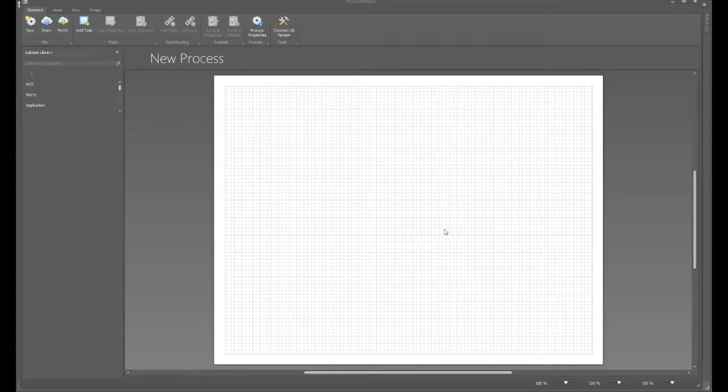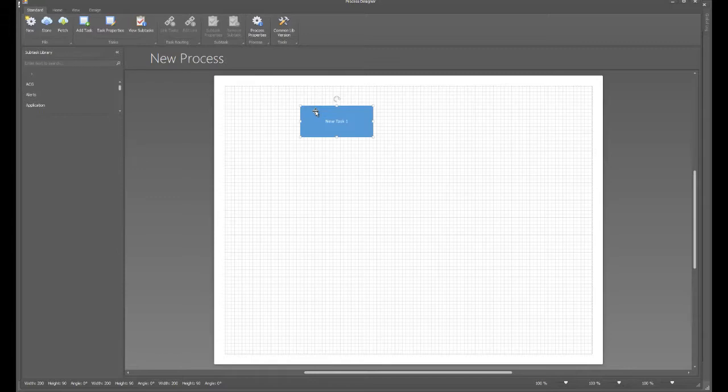Okay, so we've got our new process, and we want to create our first task. So we just push that button and select task. There we go. Easy enough. Now, tasks are containers. We're going to talk about them in a little bit more detail in just a second, but we want to keep the concept clear. Tasks must be completed in workflow order,